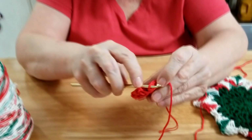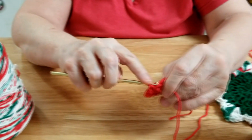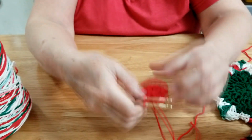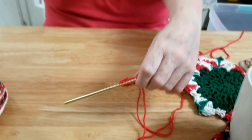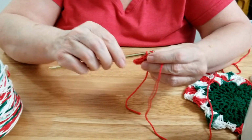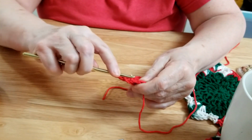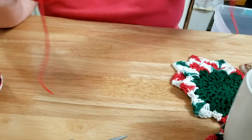Okay, now we're going to slip stitch into this last stitch here to close our circle, like that. Then we're going to do a slip stitch under this stitch right here, another slip stitch. Now, as you see, we have a circle. Okay, and I'm going to real quick have an itch here. And then I'm going to make 3 chain stitches. 1, 2, 3. This counts as a double crochet stitch, okay? So in that same hole, we're going to make 1 more double crochet. Now that is 2